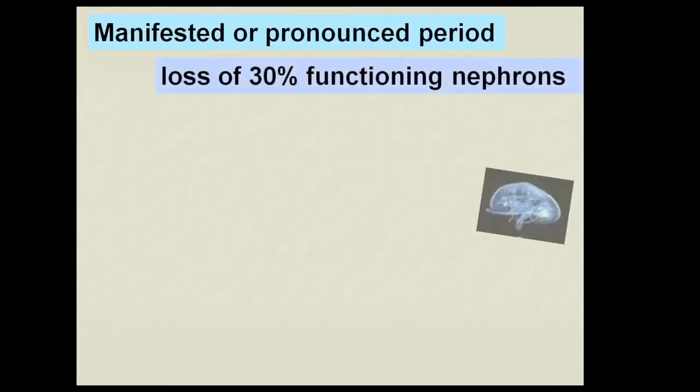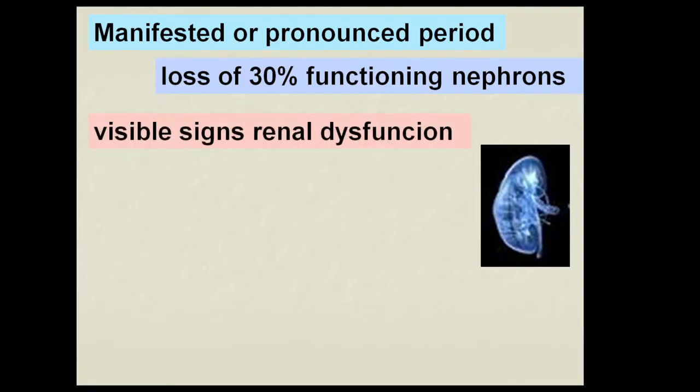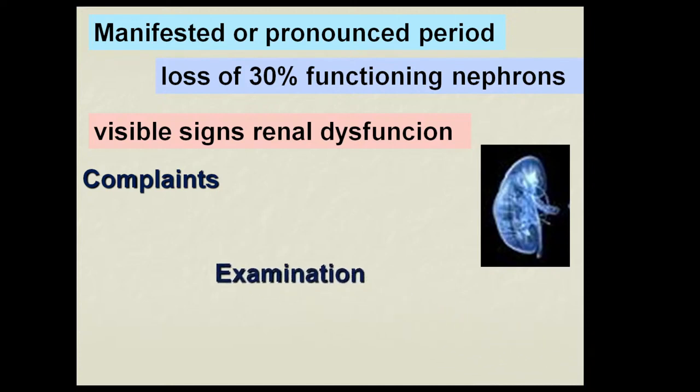Manifested, subcompensated period. When the functional activity of nephrons becomes less than 70%. The organism has lost 30% of active nephrons. The process becomes visible. And first of all, the patient complains of